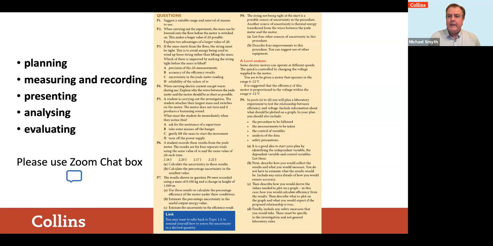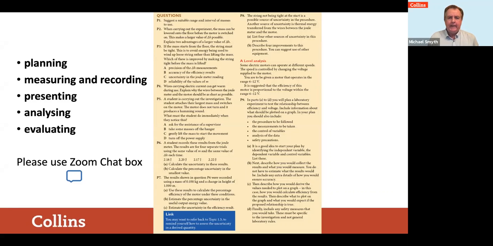For those of you who've done this experiment, actually, the results are quite interesting because the efficiency of the motor varies according to the masses that it's lifting. If you think about it, that makes sense because if the motor's working harder to lift larger masses, it's going to get hotter, and that is wasted thermal energy, so it lowers the efficiency. But even students could be asked to think about things like that whenever they're doing it. Question P4 is essentially asking that type of question, why we keep the wires between the joule meter and the motor as short as possible.